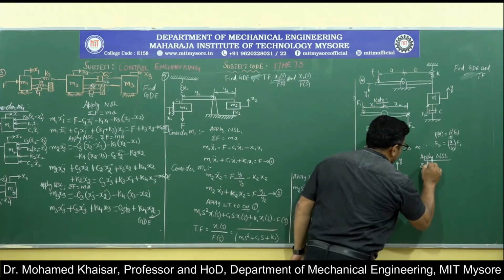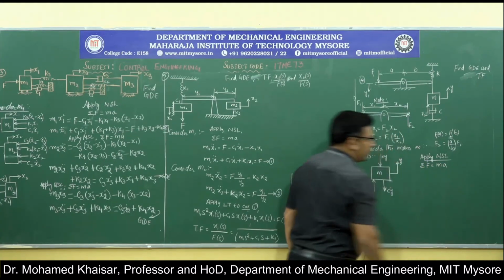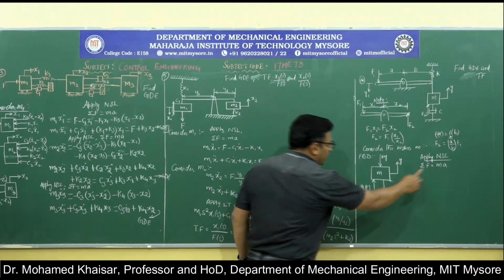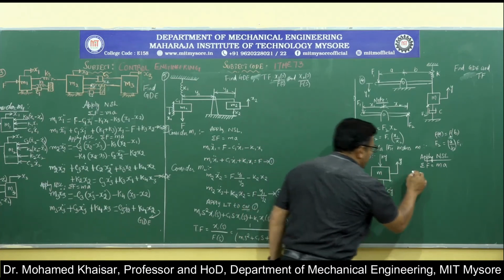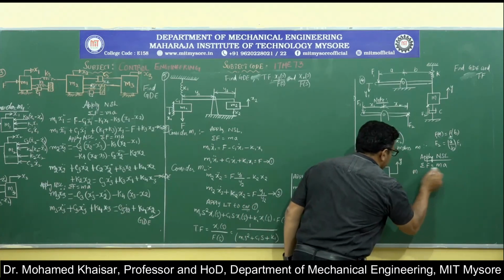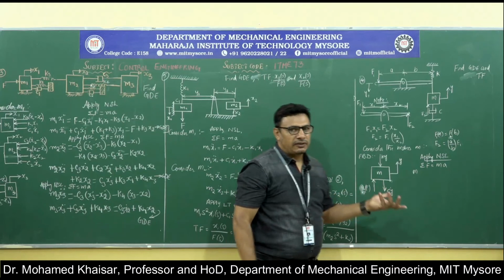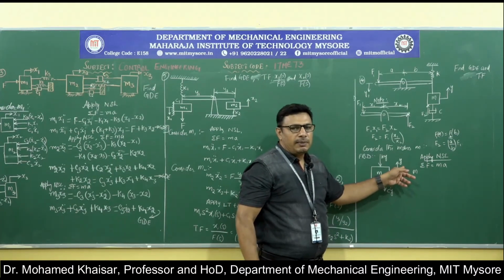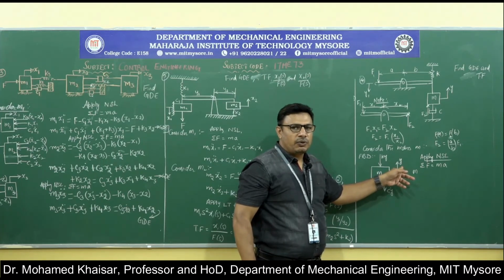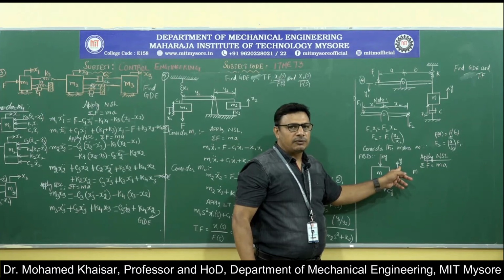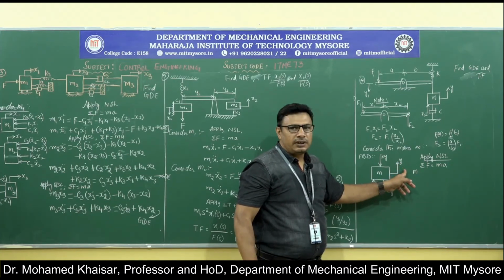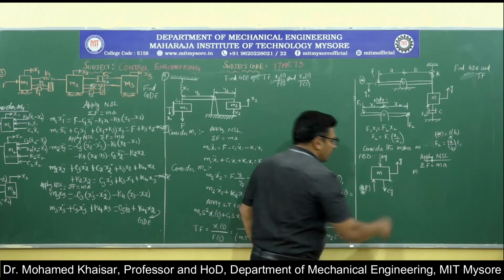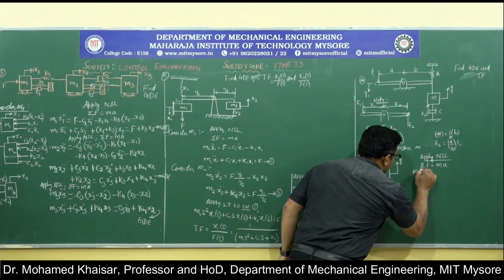What does it say? Sigma F is equal to ma. Now what is m? It is the mass. So m is m as it is over here. Then what is a? It is the acceleration. Displacement is y. It means dy by dt will be the velocity, d square y by dt square will be the acceleration. So dy by dt can be written as y dot, and d square y by dt square can be written as y double dot. So acceleration is nothing but y double dot.